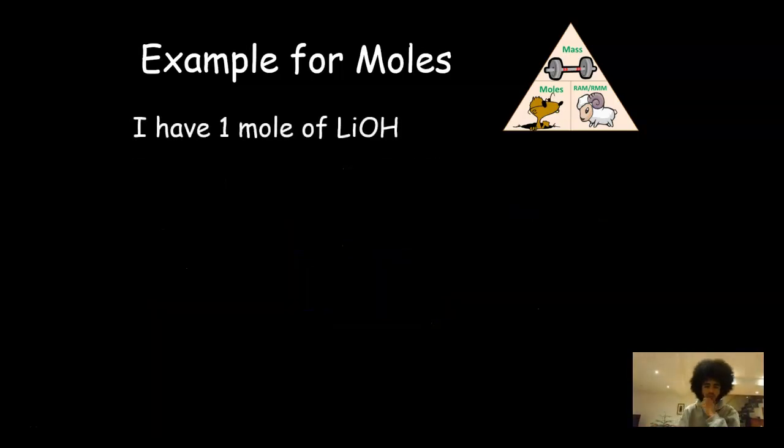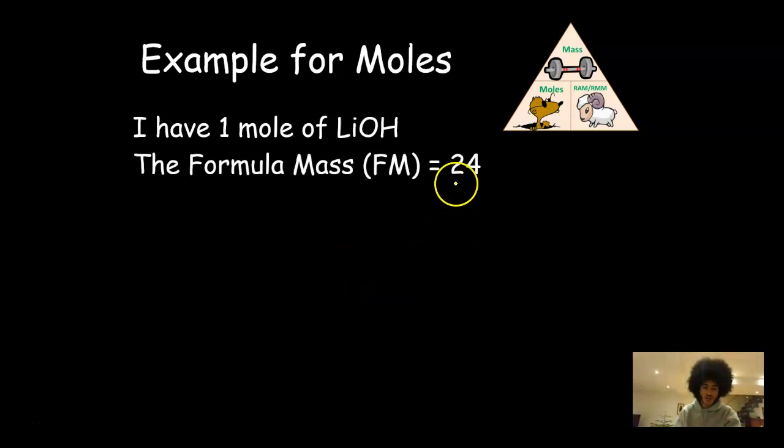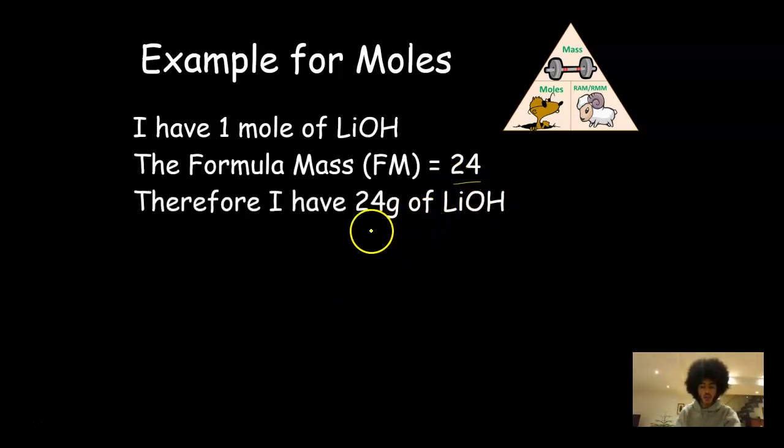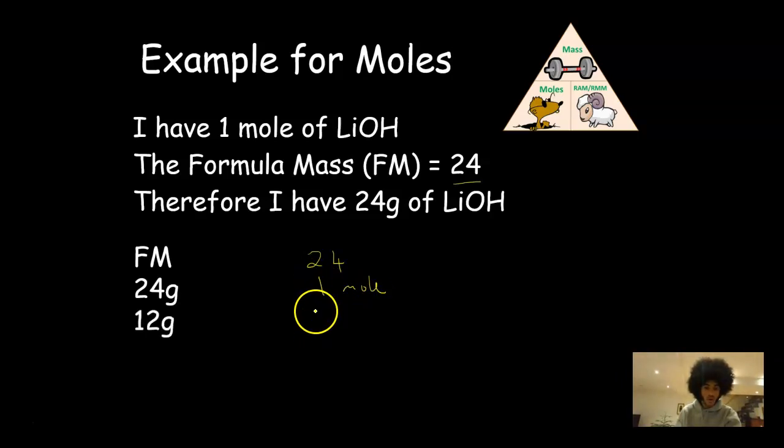Now for moles, let's have a think about this. If I have 1 mole of lithium hydroxide, that will basically mean it will be the same as the MR, or the formula mass for that substance. Now the formula mass is 24 if you calculate it, therefore 1 mole is going to be the same as 24, which is the MR in grams. So if we write this out, formula mass is 24. 24 grams is 1 mole. So if I have 12 grams, that's 0.5 mole. If I have 6 grams, which is sort of going half again, that's 0.25 mole,